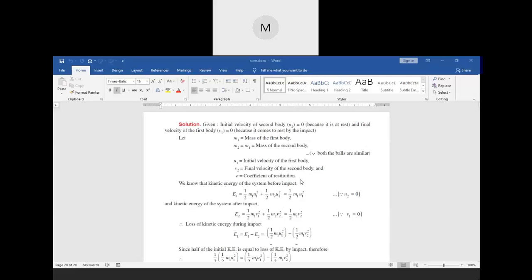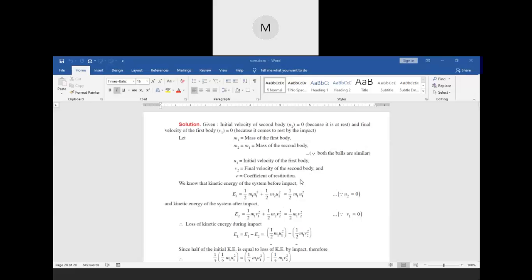So now after that, what happens? The kinetic energy of the system after impact. Suppose when the first body strikes the second body, there will be one impact. Take the example of the car from the previous classes. Suppose one car is hitting another car, and the second car is stationary. A car which is moving will eventually come to rest, but the car which is stationary will start moving because of that impact.